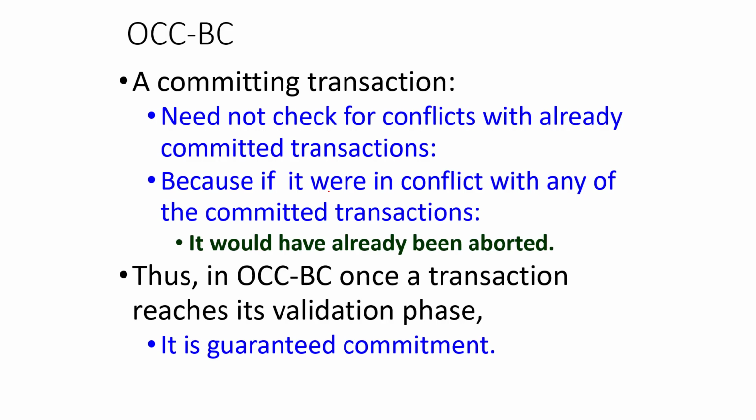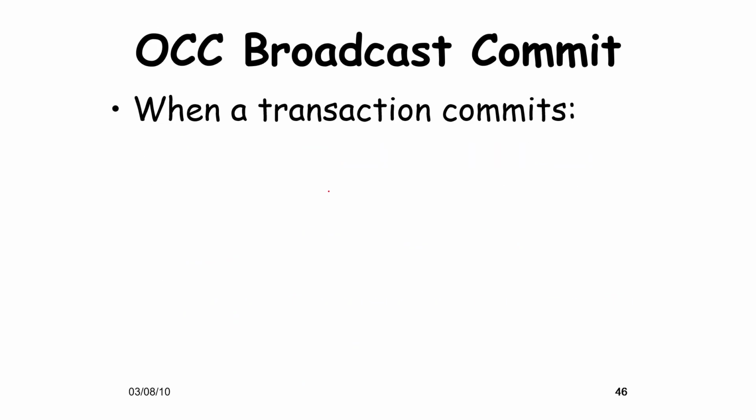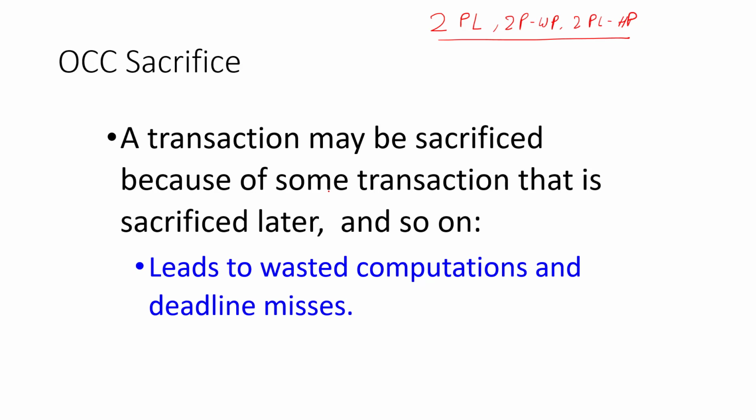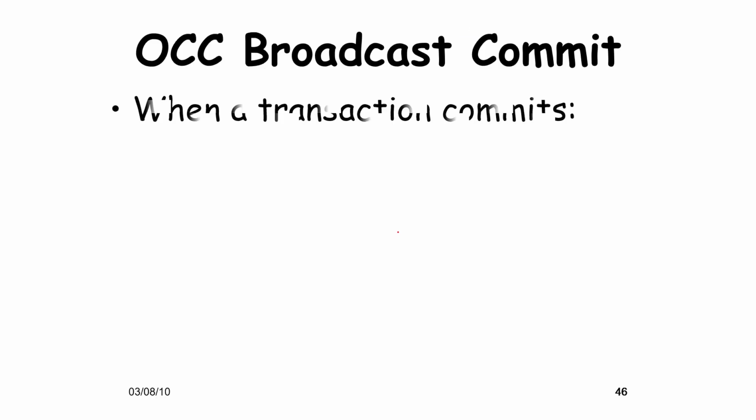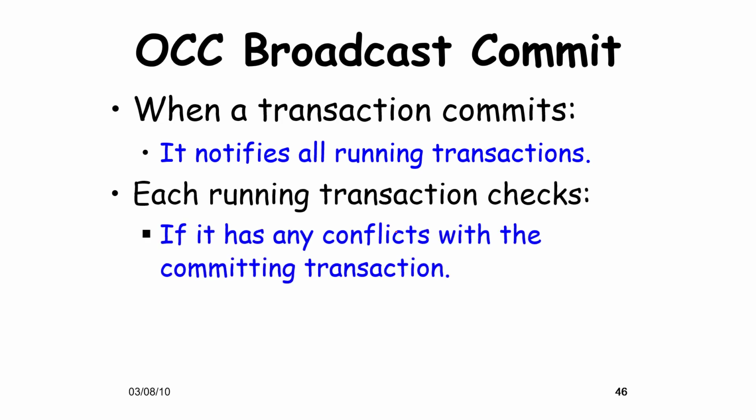In OCC sacrifice, our logic was that we are sacrificing one transaction because of another one. So there is a possibility of a cascade, right? If you go back to this slide over here, this was our argument, that a transaction may be sacrificed because of some other transaction that is sacrificed later and so on. So that's why we said that the moment you do it, you just broadcast it to everybody, right? Because what can happen is that